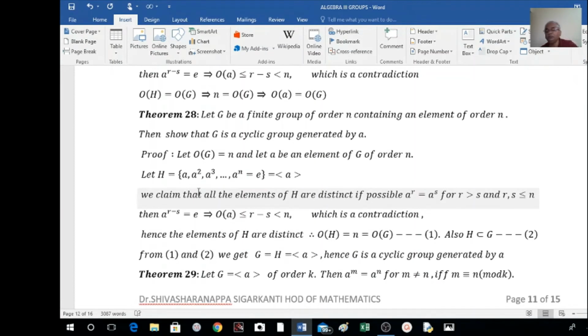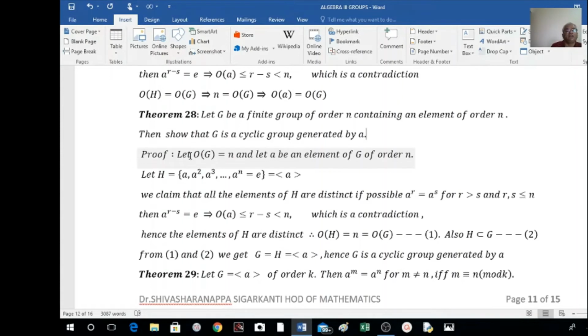Next, one more theorem. Let G be a finite group of order n containing an element of order n, then show that G is a cyclic group generated by A. Okay, this is the theorem here. That is, suppose G consists of 10 elements, and suppose A is an element whose order is also equal to 10. Then G is cyclic generated by that A. Okay. So here,